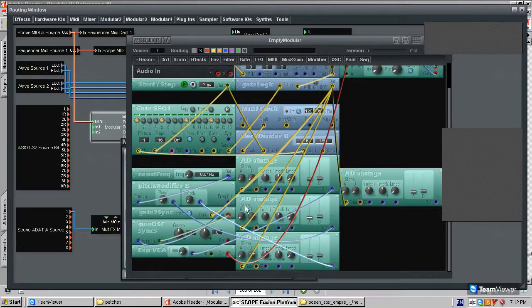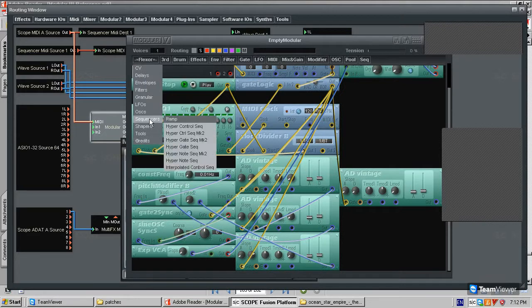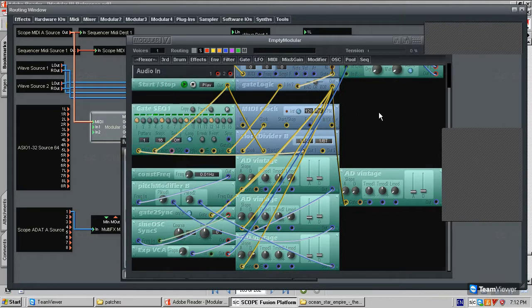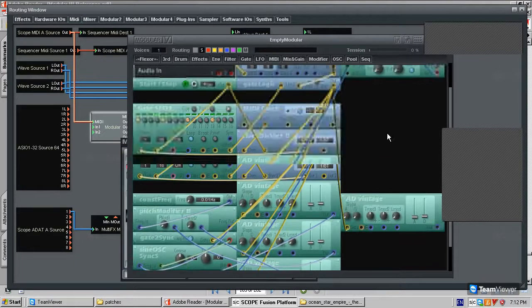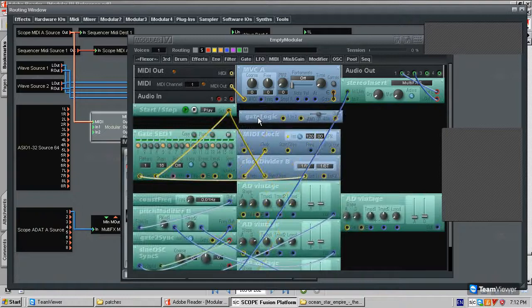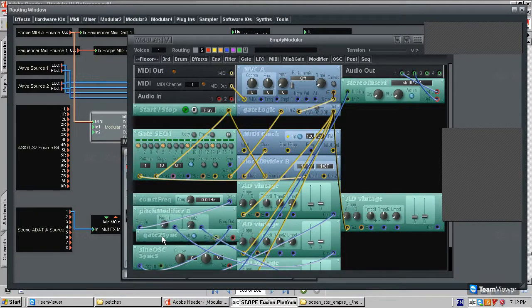Inside Scope, there are other oscillators in Flexor, and we will see them in upcoming movies, where you already have the retriggering mechanism inside. So I hope you learned a little bit about the gate logic, about the gate sync,